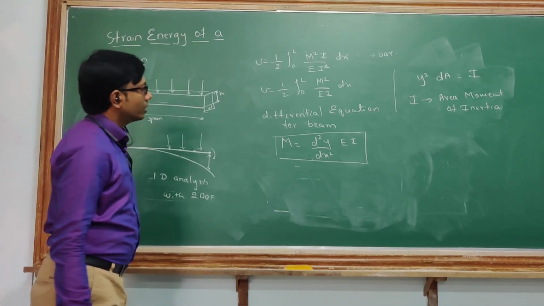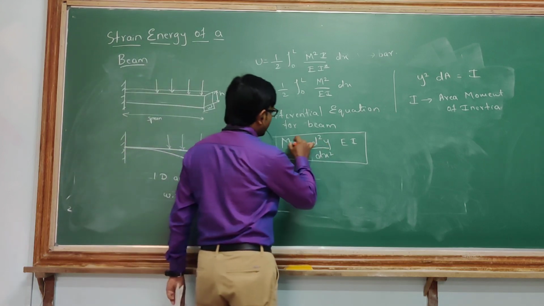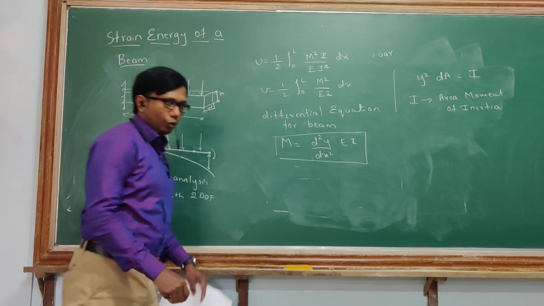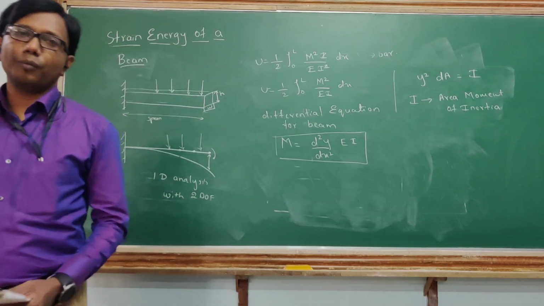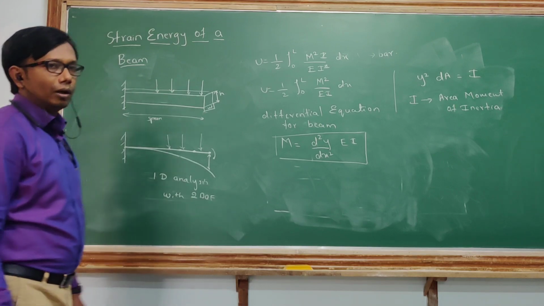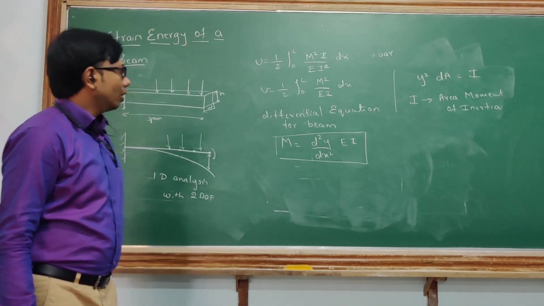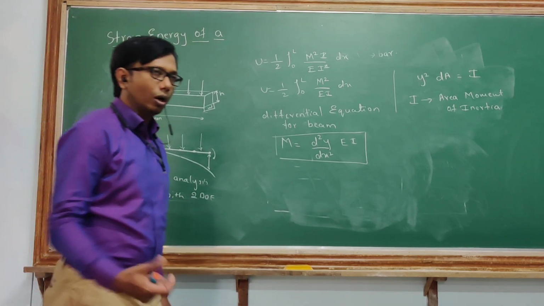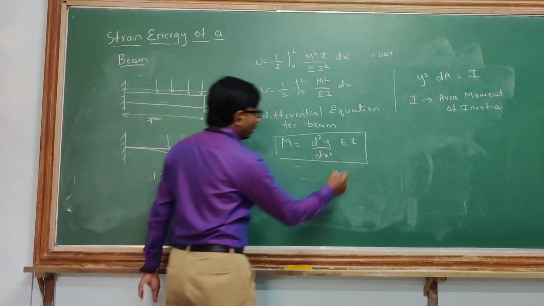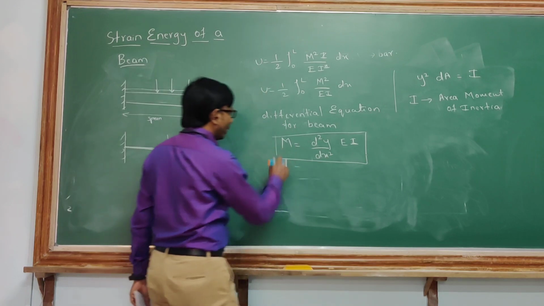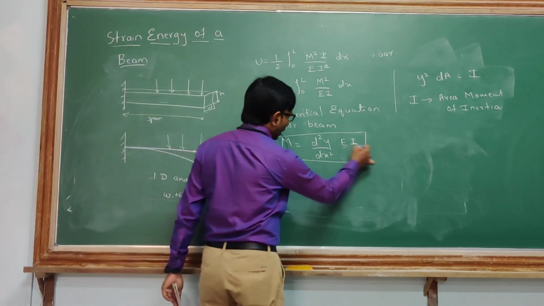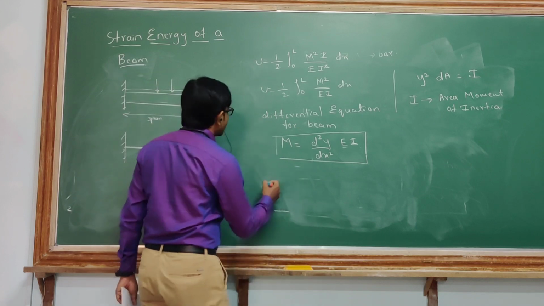So we will substitute this M here. See here how it has come. You need to refer to the deflection of beams by the integration method, where you calculate the bending moment equation or the bending stress equation through an integration method. When you do this, we come across the equation where bending moment is the double differentiation with respect to x, multiplied by EI. Okay, so I'll just substitute that value.